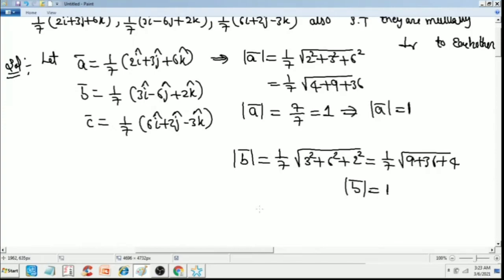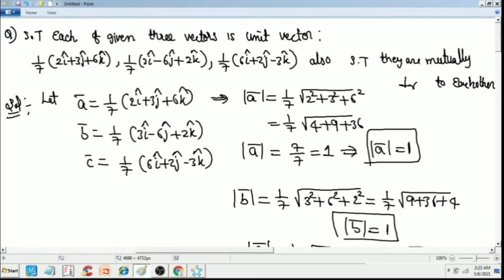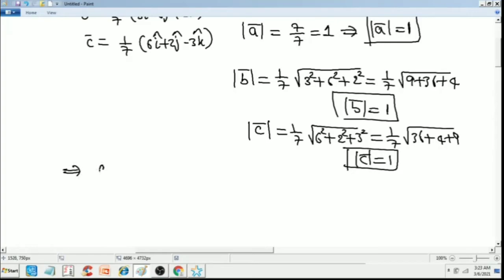Next, once again for C, the unit vector is 1 by 7 root over 6 square plus 2 square plus 3 square, that is 1 by 7 root over 36 plus 4 plus 9. So it comes out to be 49 again. 1 by 7 root 49 is 7 by 7, which is 1. So the C magnitude is also 1, the B magnitude is also 1, and the A magnitude is also 1. Hence A, B, C are unit